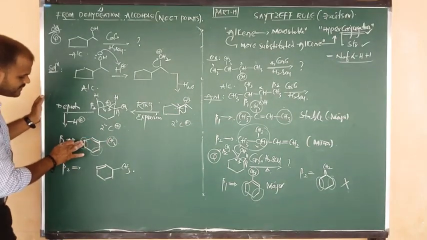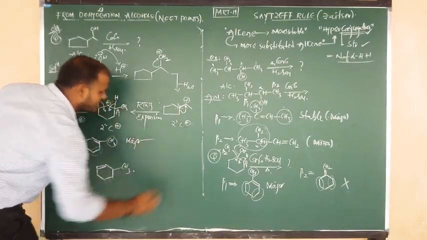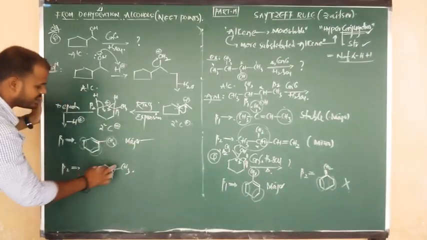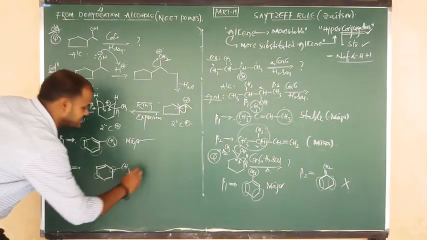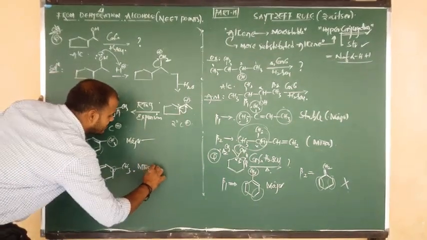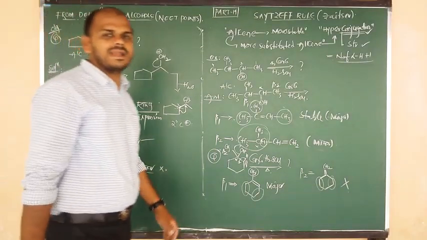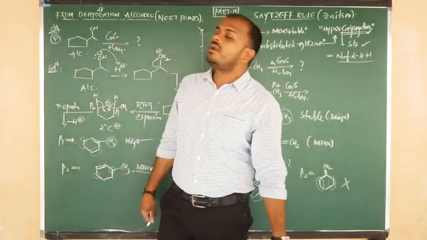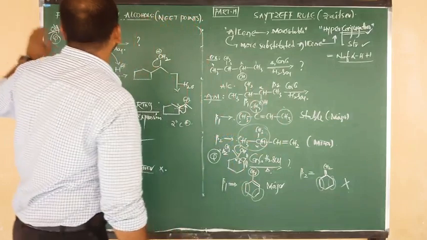So we have to say that this is nothing but the more stable, or we can say major alkene. But you see here, one side chain, two side chains, दो side chain, around the C double bond C. Here only two side chains are there. So we have to consider that this is nothing but the minor product. In that way we have to decide the stability of the alkene. The procedure is nothing but dehydration of alcohols. Okay? Yes, very very important, beta.